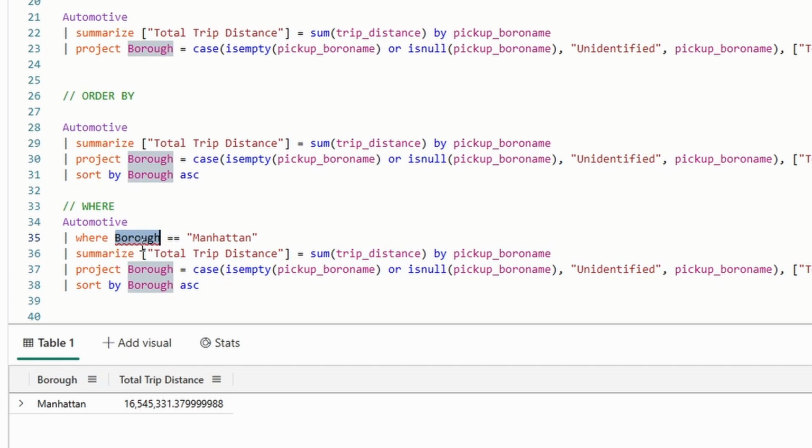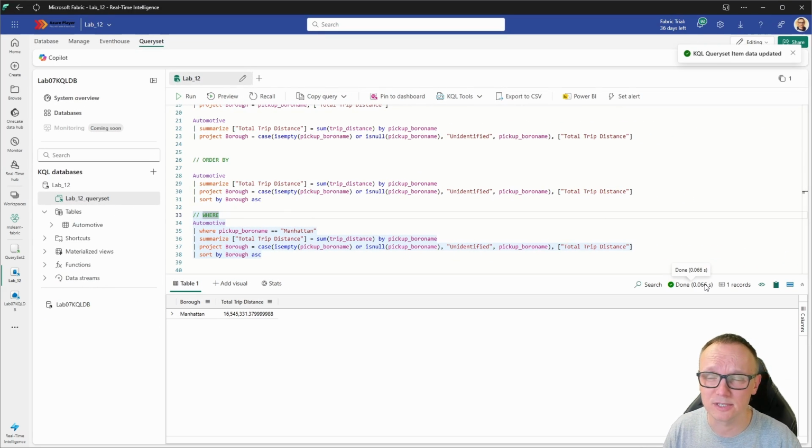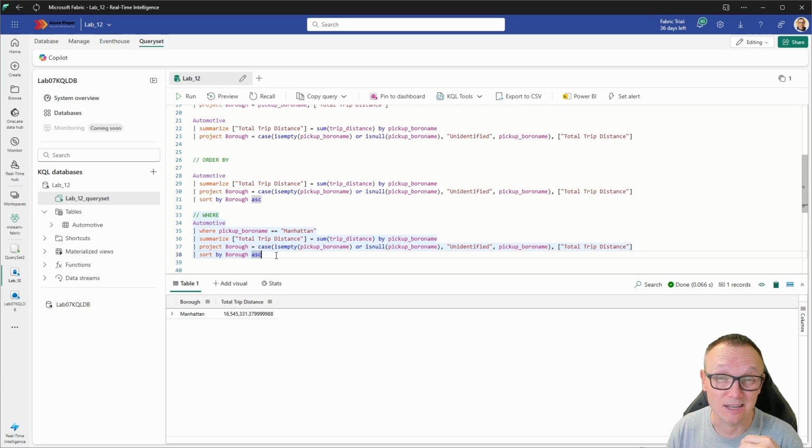But because we don't have this borough column yet, because we rename it later, we need to use the original column. Let's execute this, and now you see exactly the same results, with exactly the same or very close execution time. But the thing is that we are working on a very small data set right now. It's only 2.5 million records. So for a KQL database, it's really like nothing. Yeah. But if you have billions of records, how you write this query might impact the performance